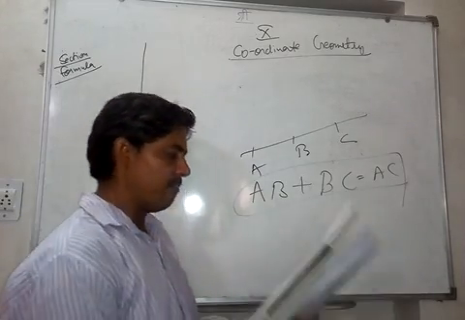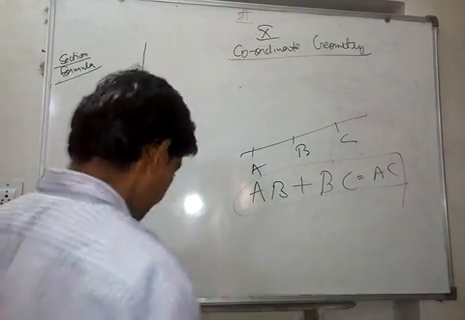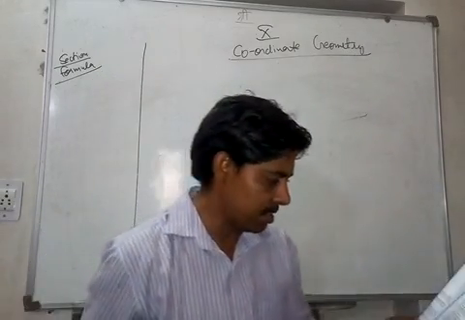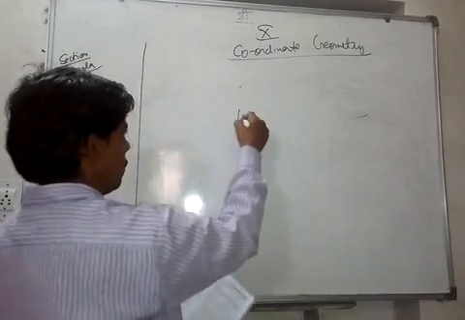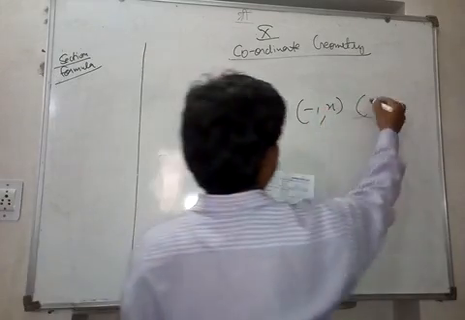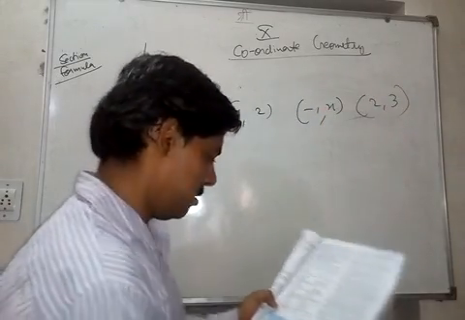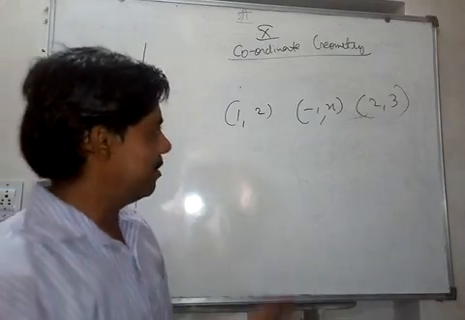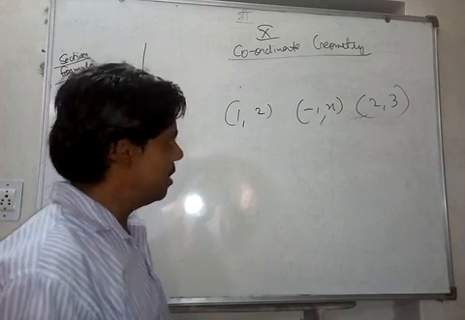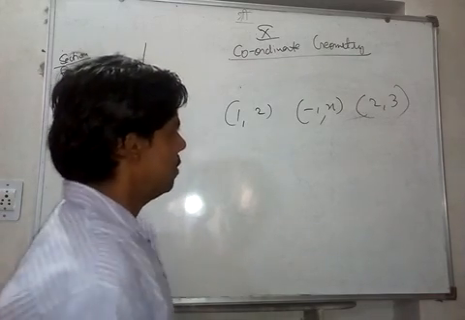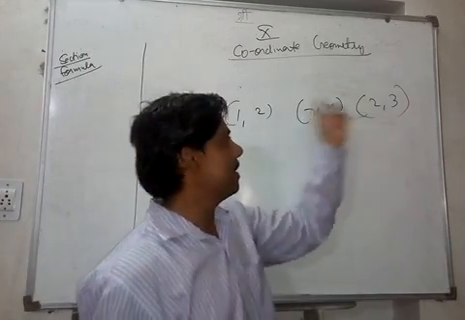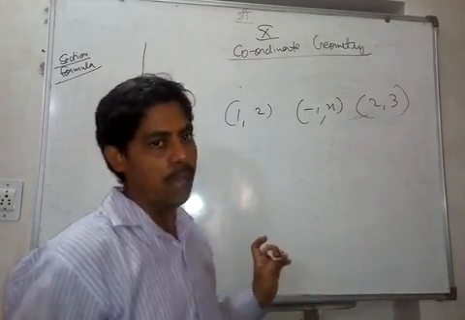For example, question number 8 of miscellaneous. Now we come to miscellaneous exercise 9. The question I will read for you so that you can understand what I am talking about. The question is, if the points (1, 2), (-1, x) and (2, 3) are collinear, what is the value of x? Now if you try to use the distance formula, it is a very lengthy calculation. So instead of using the distance formula, assume that it is given that they are collinear. So this point could be dividing these 2 points in some ratio k is to 1.